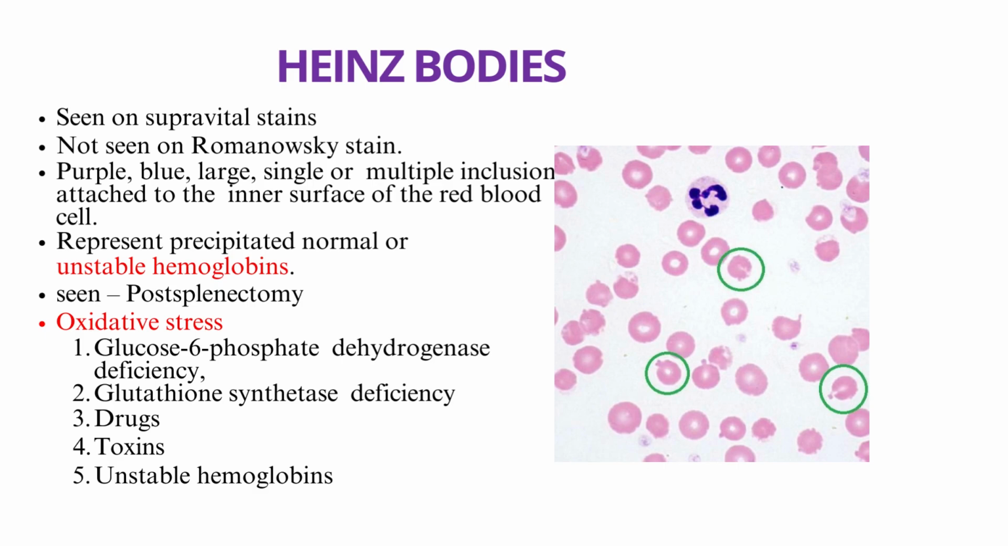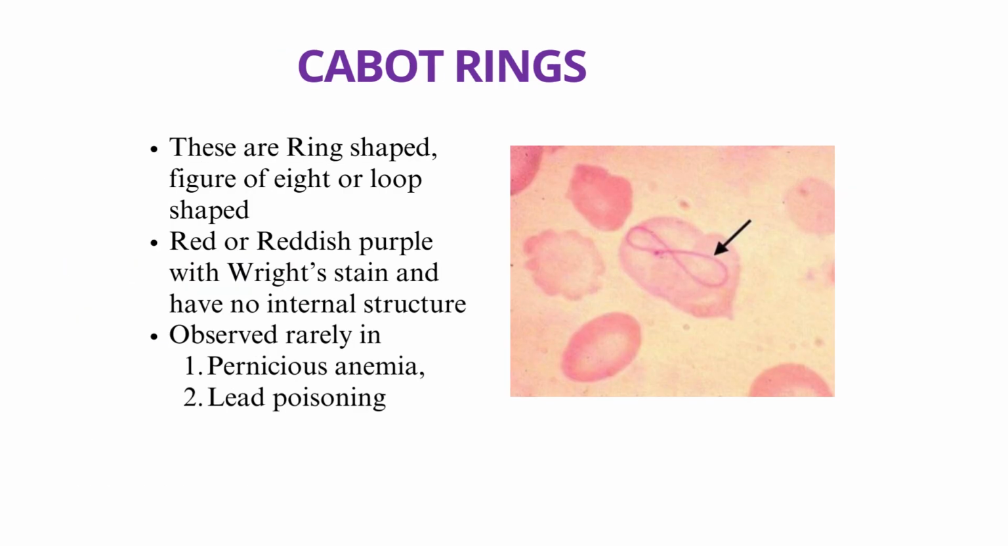पिटिंग एक्शन होता है ना आरबीसी का, इसी पे G6PD डेफिशिएंसी में हाइंज बॉडी मिली आरबीसी के सरफेस पे, तो फिर स्प्लीन ने आके पिटिंग एक्शन किया, और फिर क्या मिलता है पिटिंग एक्शन से केराटोसाइट्स जो हमने पीछे पढ़े थे। नेक्स्ट इज योर कैबोट रिंग, दीज आर रिंग शेप्ड, 8 फिगर ऑफ 8 या लूप शेप्ड हैं, रेडिश होती हैं यूजुअली राइट स्टेन के साथ, और कोई इनका इंटरनल स्ट्रक्चर नहीं है, बहुत बहुत बहुत रेयर फाइंडिंग है, परनीशियस एनीमिया और लेड पॉइजनिंग में। नाउ कमिंग टू द एब्नॉर्मलिटीज ऑफ वाइट ब्लड सेल्स।